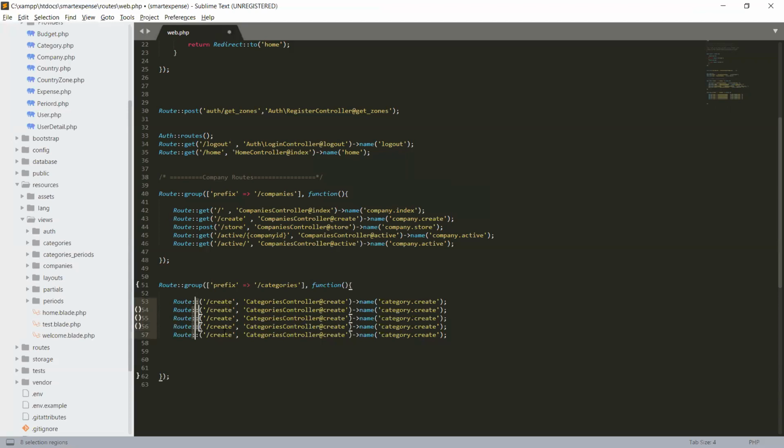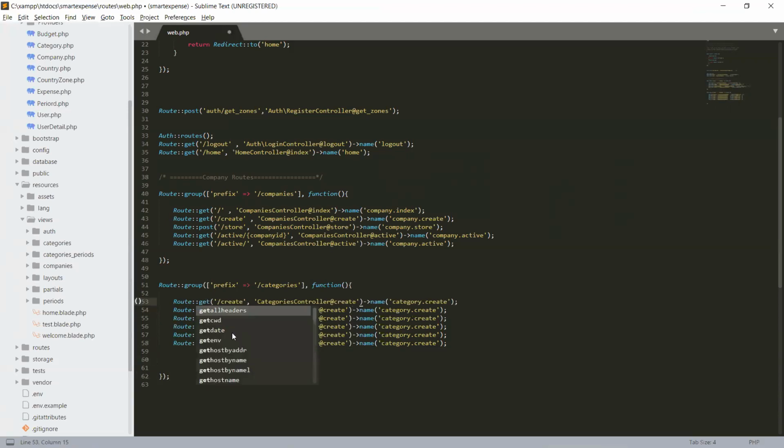So Control D to select. Let's create by on. So it will be a get, and this method will be a post, because through a create method we will show the form, and the post method will store the form.